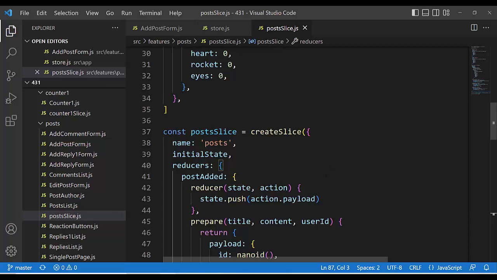It means that after this properties value, name and initial state, we have reducers, and it is in all slice. In all slice we have name, properties, initial state, comma, comma, and reducers, plural, colon, and in curly brackets we have